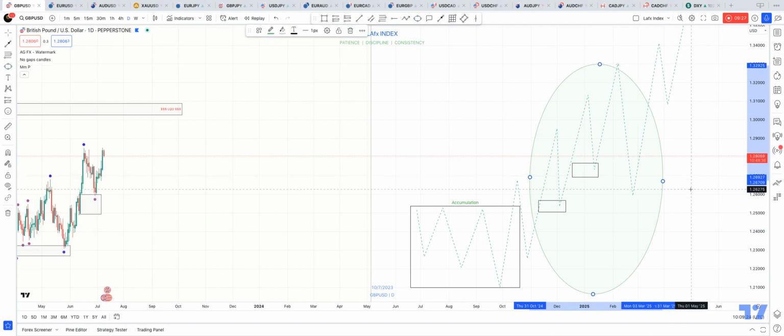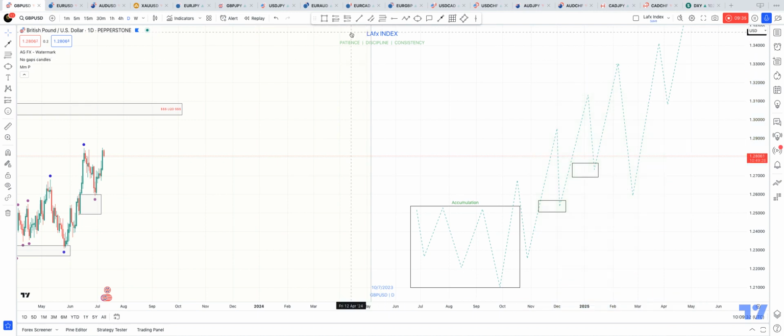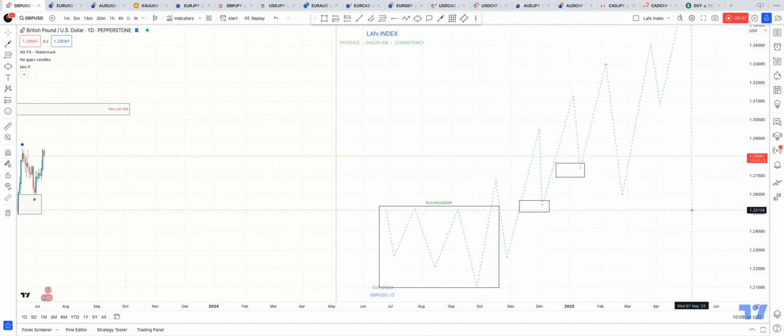Sorry, not Elliott wave. What's it called again? Is it an Elliott wave? Right. So